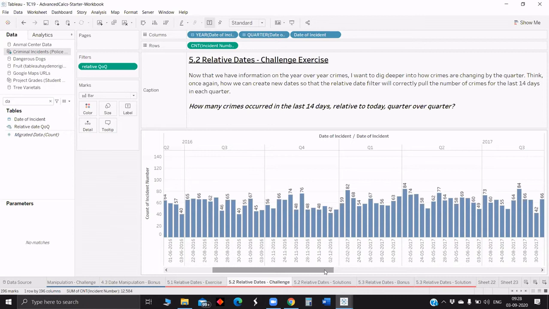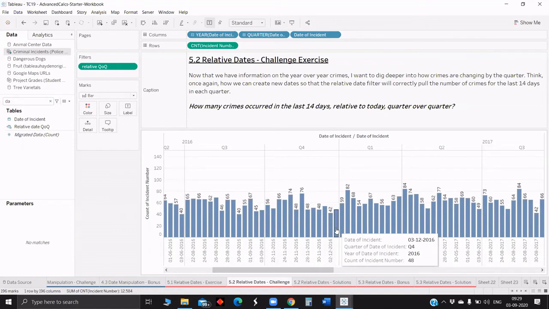September is the last month in the 3rd quarter, right? And likewise, December is the last month in the 4th quarter. That's why you can see from the 3rd day. So it's relative, just like how we did year over year.